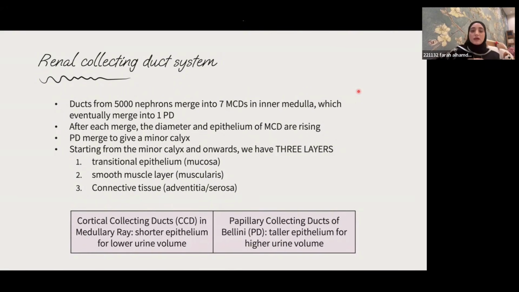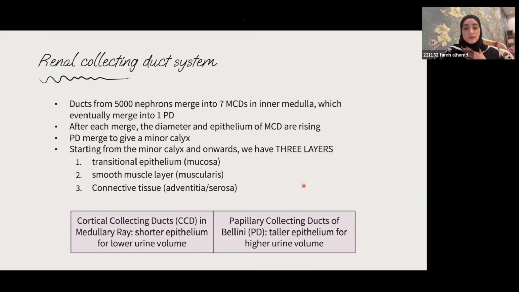Papillary collecting ducts merge to give us the minor calyx, which is the funnel-shaped part that is the beginning of the ureter. And starting from the minor calyx onwards, we have 3 layers. So up until here, we've had 1 layer: simple squamous, simple cuboidal, simple columnar. However, starting with the minor calyx, we have 3 layers, which is transitional epithelium. This is where the transitional or special urothelium starts in the urinary system, which makes up the mucosa. Then we have a smooth muscle layer, which is the muscularis, and then a connective tissue layer, which is the adventitia